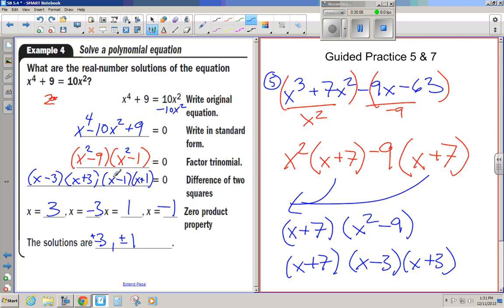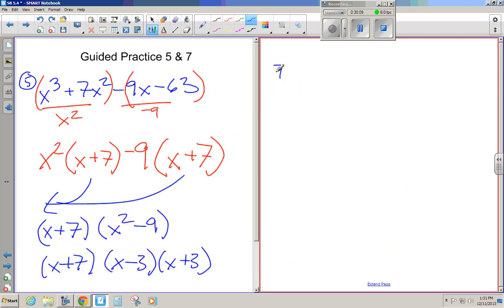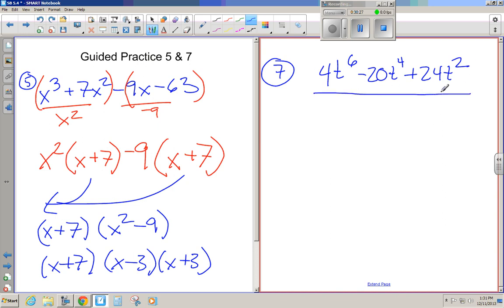Let's take a look at number 7: 4t to the 6th, 20t to the 4th, and 24t squared. All right, start by dividing everything by 4t squared. All of these can be divisible by 4. All of them can have a t squared taken out. So that's t to the 4th minus 10t squared plus